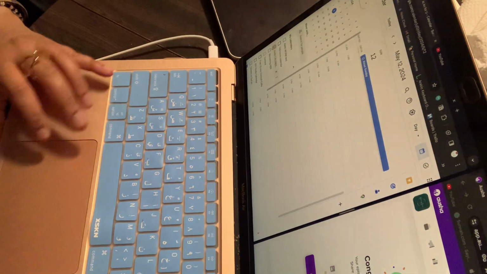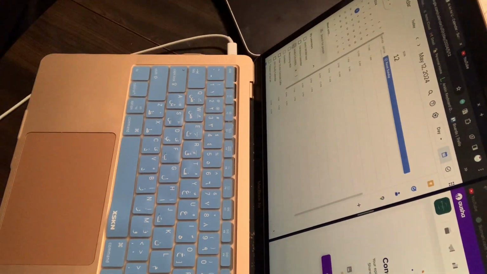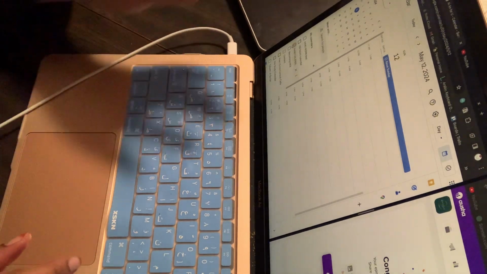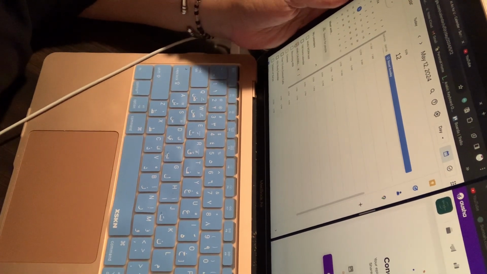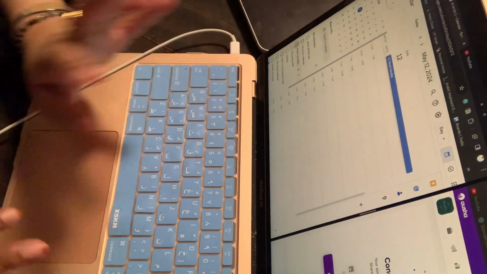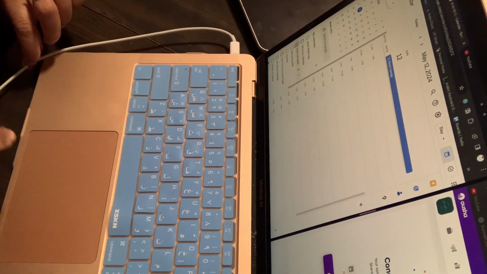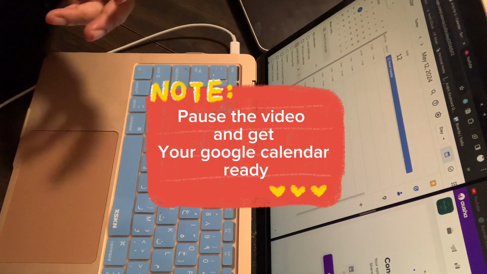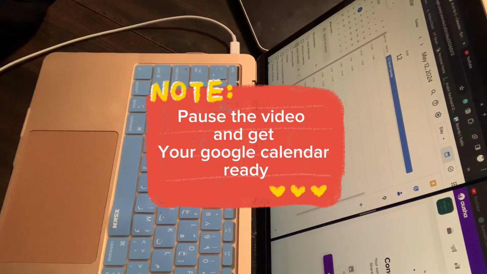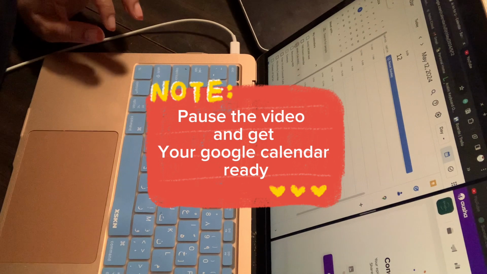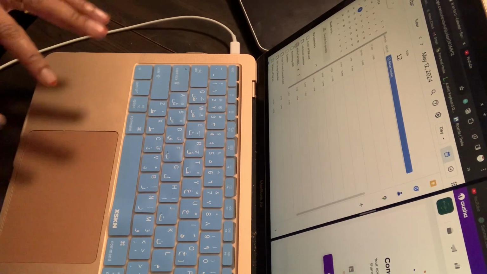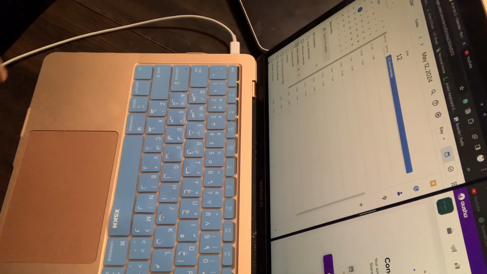Taking you along with me to go into Google Calendar. If you have a Gmail account, you do have a Google Calendar. It's something that I usually do with my clients to get them organized. Most people do have a Gmail account, so you should have a calendar, inshallah. Just download the Google Calendar and you should be able to manage it from your phone. And it's really gonna help you out.